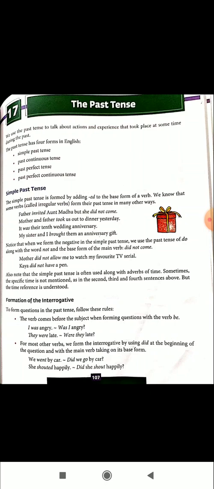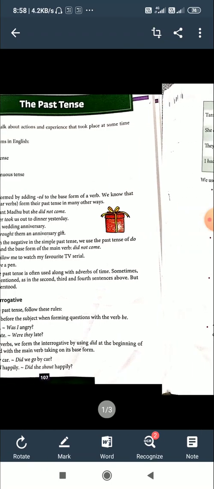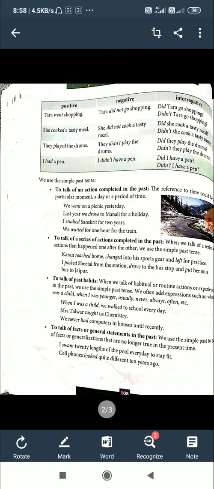Once more. If the verb is was or were, we have to put was or were in the beginning to make a question, then subject, then the remaining parts. But if the verb is an action verb, regular or irregular, we have to use the auxiliary did, then the subject, then the base form of the verb and the remaining. That is the way to make past tense interrogative sentences.